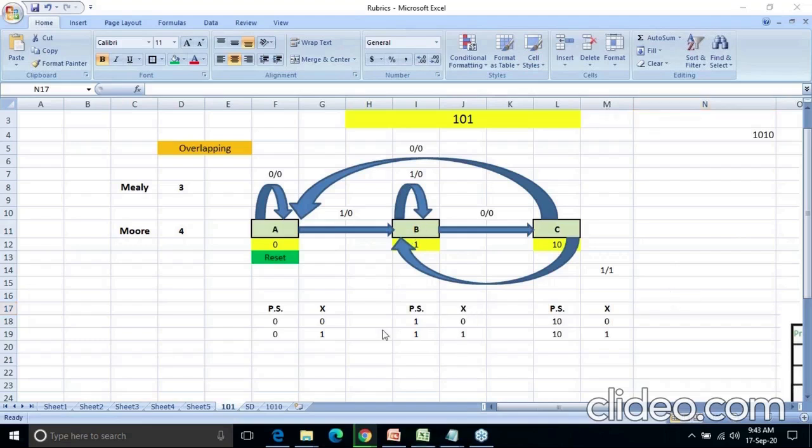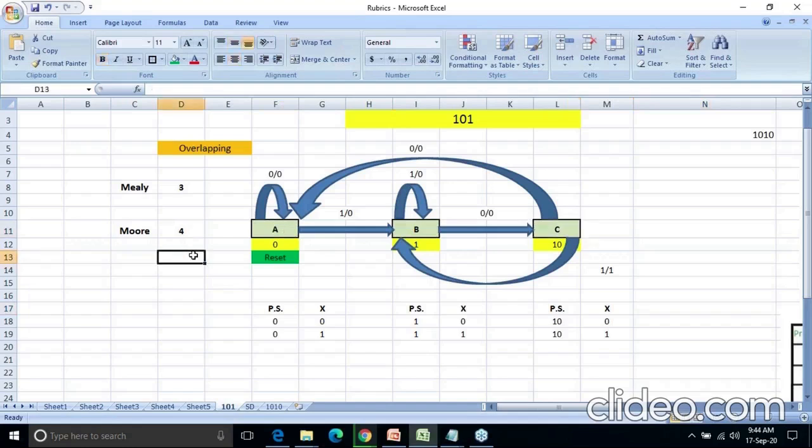Now next thing, whatever input you have, my input is in the form of x. And what is x? x is a string of zeros and ones. So the options are: my input will be either 0 or 1, because a string of zeros and 1 means either 0 or 1. So whenever you are in any of the states, how many states are there? A, B, C. If you are in any of the states, your input to the state will be 0 or 1. If 0, what you need to do? If 1, what you need to do? That you need to find out. Is it clear up to that?